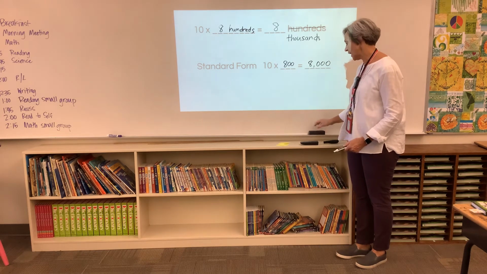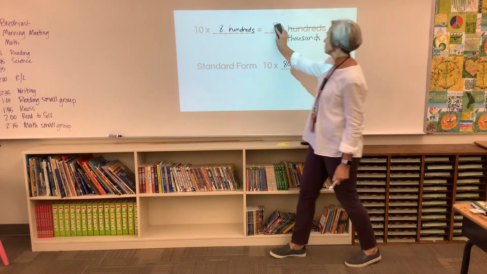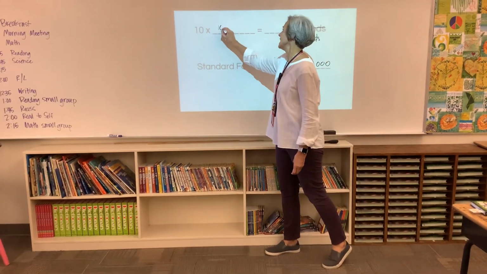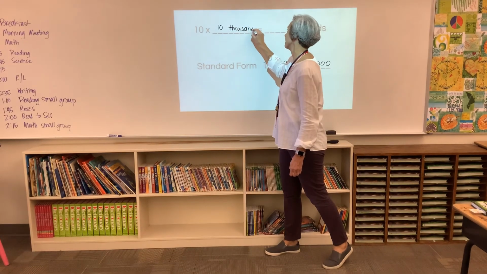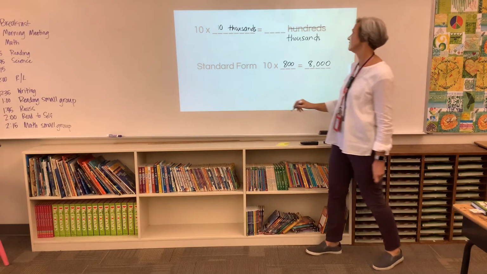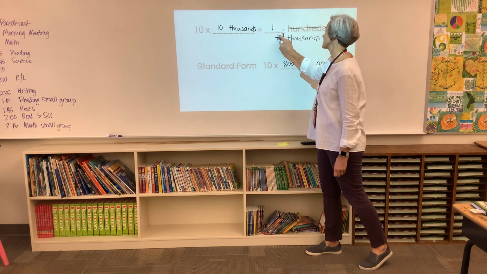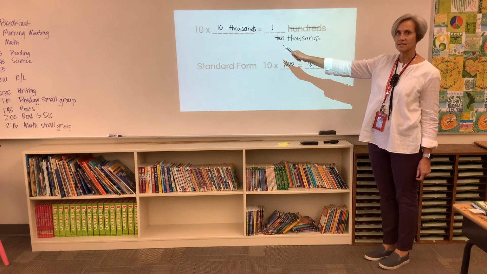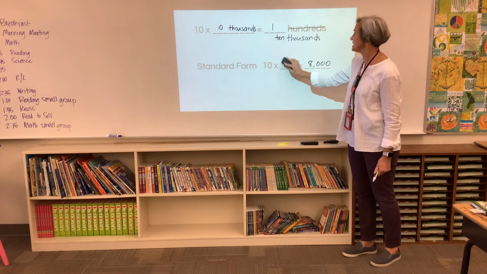Okay, we're going to do one more. This one gets a little bit trickier, so help me out with this one. What if we said 10 times 10,000s equals 1/10,000? 10 times 10,000s equals 1/10,000. So standard form would be 10 times,